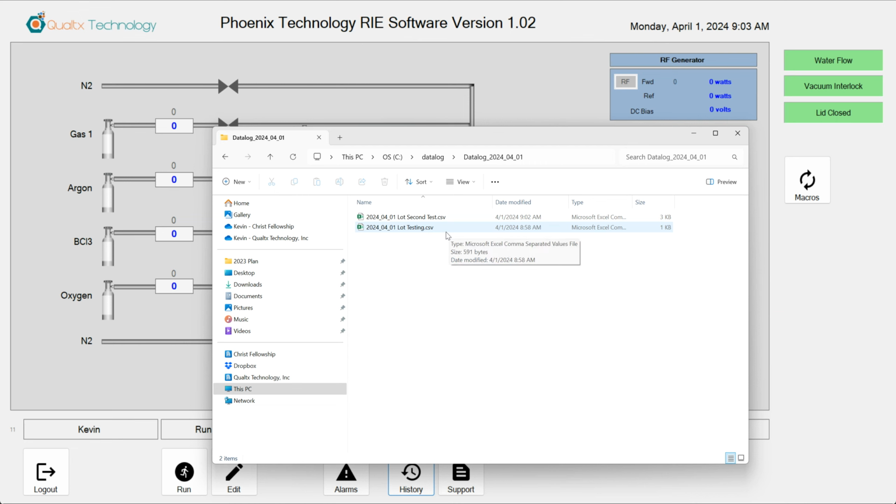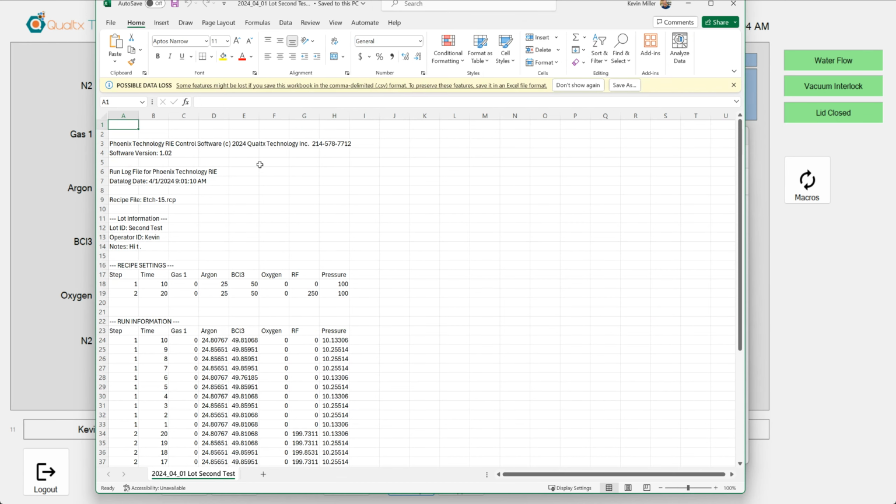They're CSV files, and they have the date with them, and then right after that, it tells you the lot ID. Remember, the lot was called testing or second test. So testing was the first one we ran, second test was the second one we ran. I'm going to open this one, and it pulls it up in Excel, and the data log file tells you